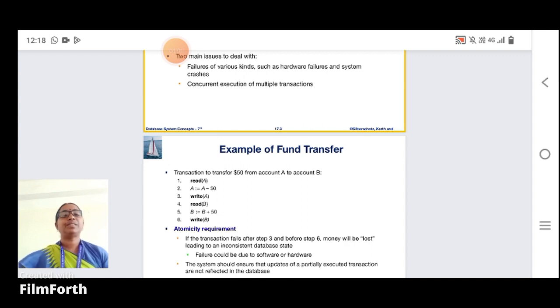So 2050 is written into the database. Now 950 plus 2050 gives 3000. Before the transfer the total was 3000, and after the transfer also the total is 3000. So the system remains in a consistent state. Suppose in the middle, if some failure